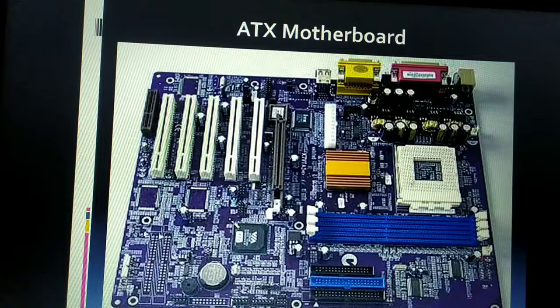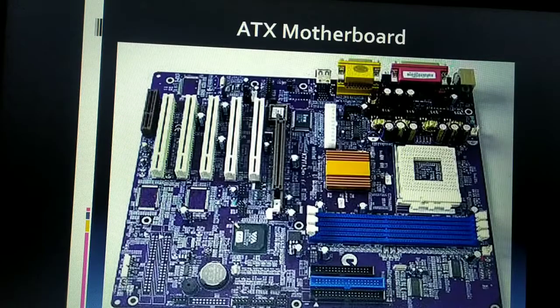Here you can see a processor socket, which is nothing but the micro pin grid array socket, where different processors like Intel or AMD processors are used. They usually use this kind of processor socket in personal computers or desktop computers, and even when designing servers, they make use of this MPGA processor socket. This kind of ATX motherboard also includes RAM slots, for double data rate random access memory only.